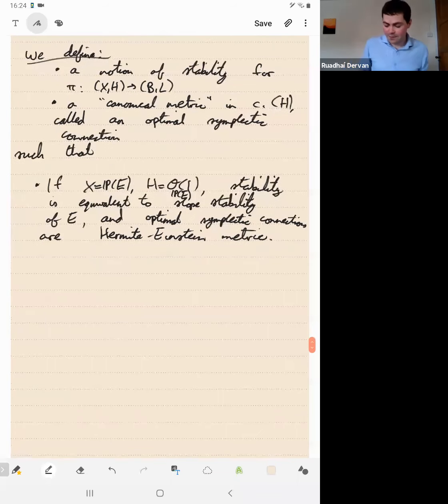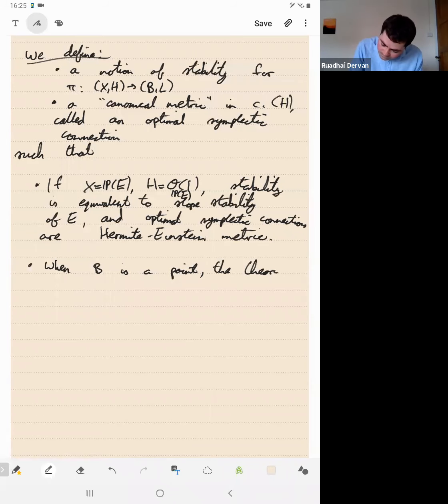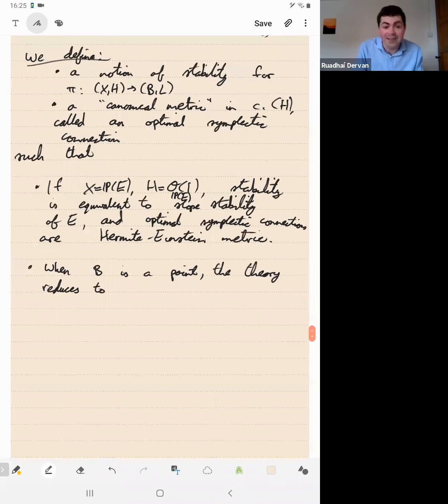Okay, so maybe, at least personally, I kind of grew up as more of a Kähler geometry, more of a complex geometry person, and this was really our motivation to try and understand the Kähler geometry of fibrations. From algebraic geometry, I think the point of view should be more related to moduli theory. So let me say that when the base is a point, there is at least conjecturally a moduli of K-polystable varieties. So again, sorry, I should say that when B is a point, the whole theory collapses. It's just really the theory of K-stability and constant scalar curvature metrics. So a fibration over a point is itself a polarized variety, and so you're just studying the classical case.